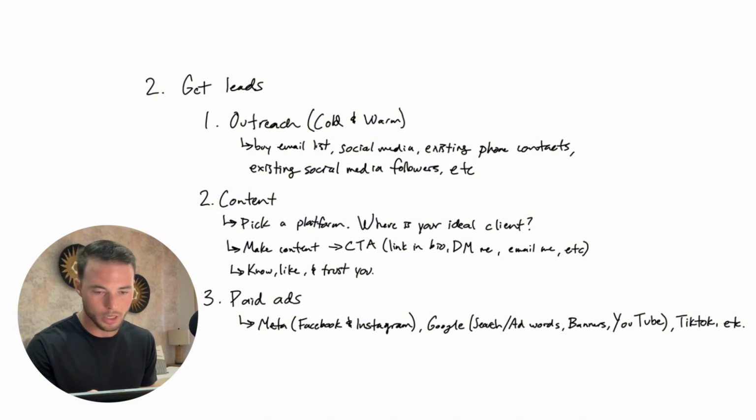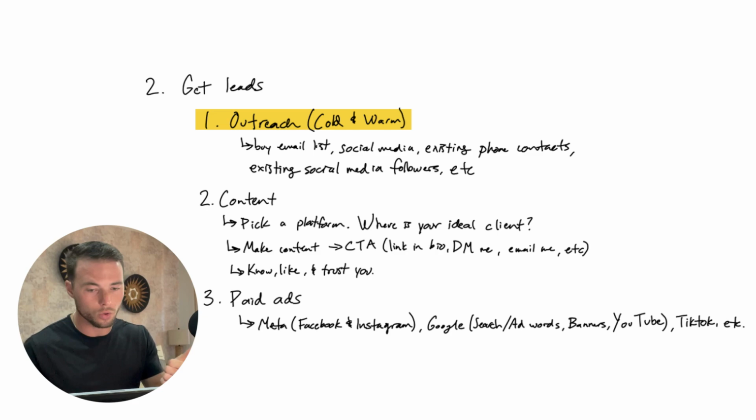So jumping into the first one, as I said, there are two different variations of outreach. Cold outreach is you, for example, buying an email list, somebody that has no clue who you are. You're going to do outreach, things along those lines. So that's one example of cold outreach. Another one is you could do cold outreach via social media. You can go on Instagram, you can go on Facebook and DM people